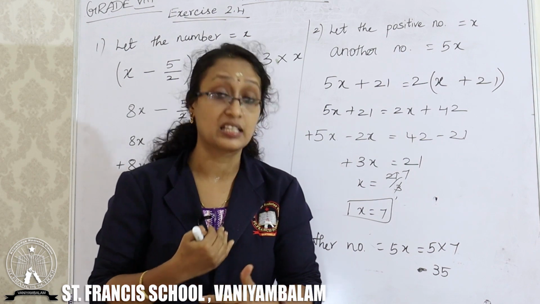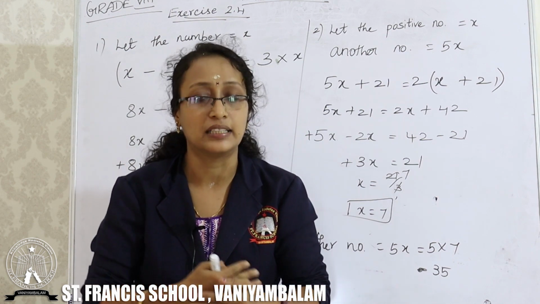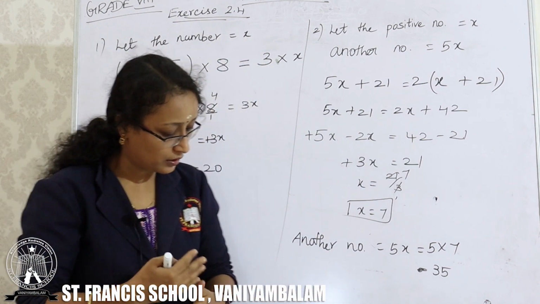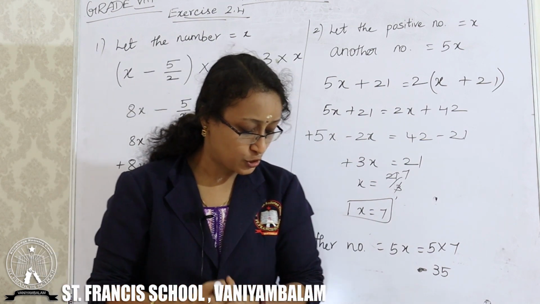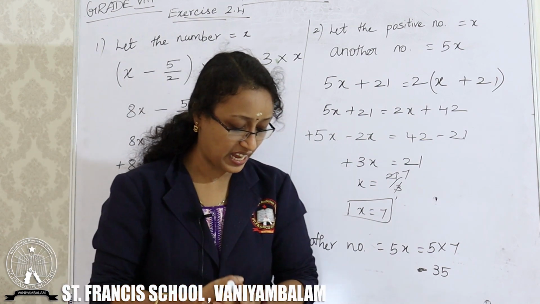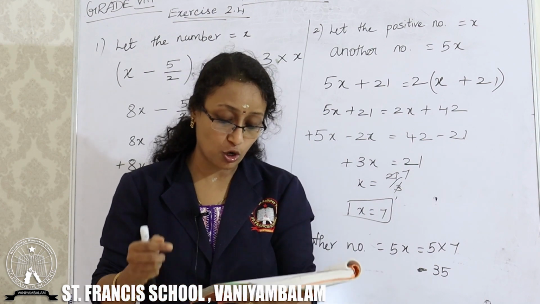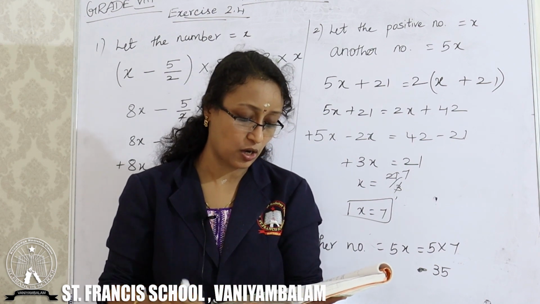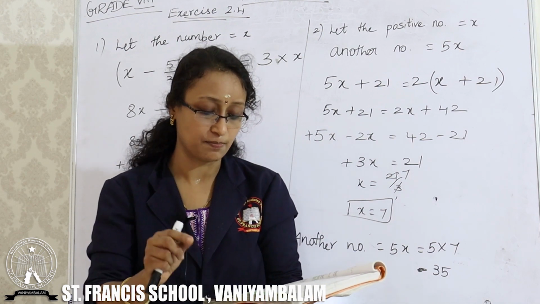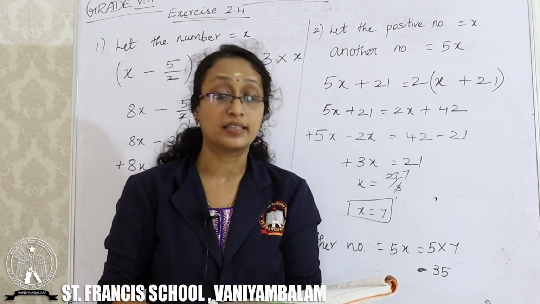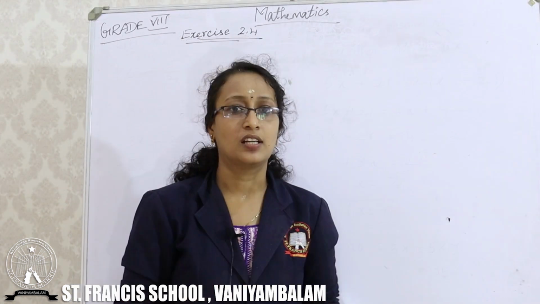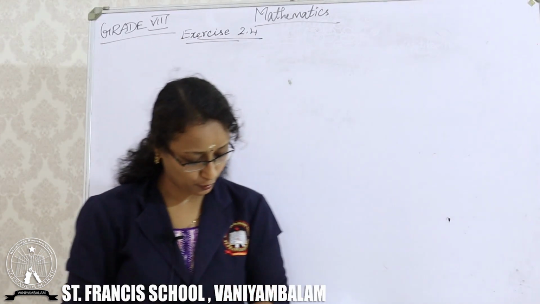We shall discuss third problem and fourth problem at the last. Before that, fifth problem. Shobo's mother's present age is 6 times Shobo's present age. Shobo's age 5 years from now will be 1/3 of his mother's present age. What are their ages? So let's see the solution of the fifth problem.